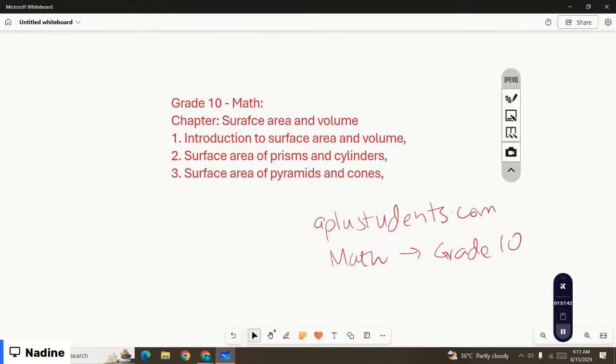Start the lesson. Introduction to surface area and volume. Surface